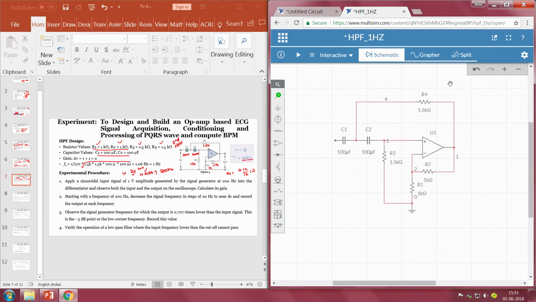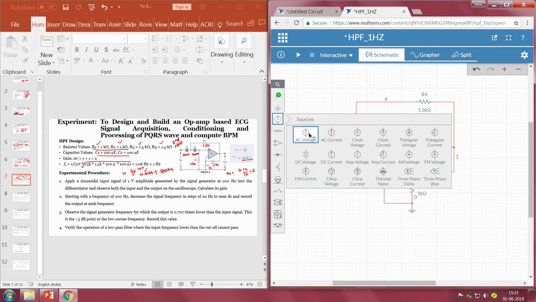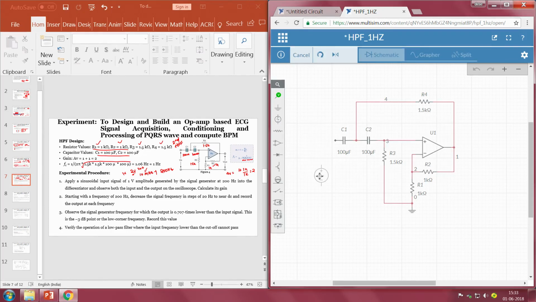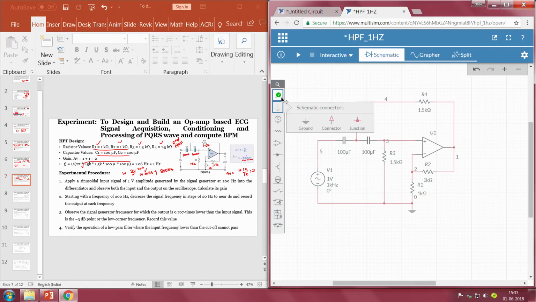So, in order to observe that signal, we have to connect the input source. So, I will take an AC voltage, I will connect it here and this is grounded. One probe I will be connecting at the input, so both the input and output I can visualize, the other one is at the output side. So, our green color represents the input signal and the blue color represents the output.